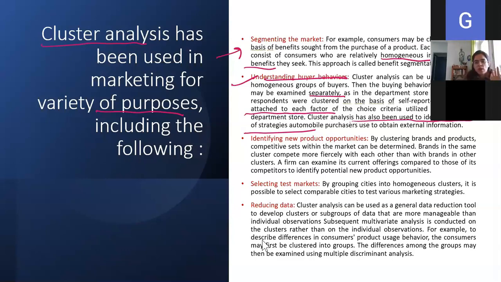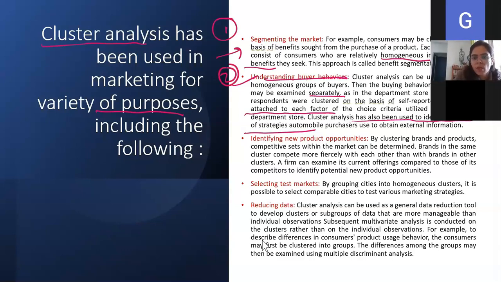जैसे एलन जीन्स में हमारे पास काफी सारे statements आए थे, and then we ran factor analysis and we came up with 5-6 important parameters कि इन parameters के basis पे youngsters decide what brand, or basically these are the important parameters while selecting a brand of jeans. So उन्हीं parameters से आप you can group your respondents also, and you can understand what is the buying behavior. That is the second thing. This is how you can use cluster analysis.